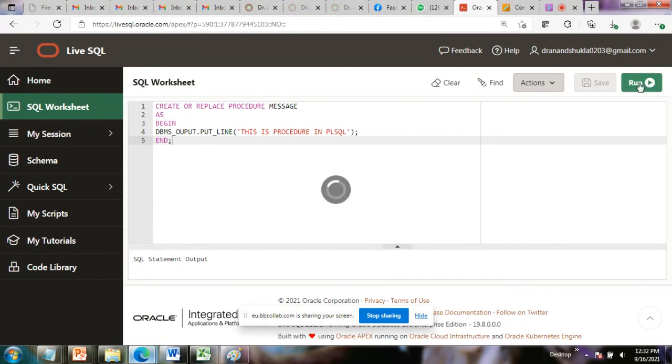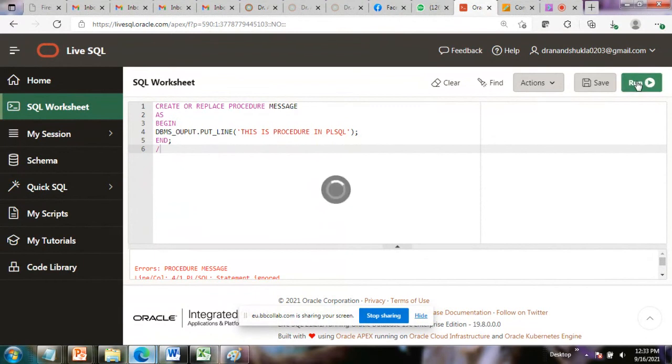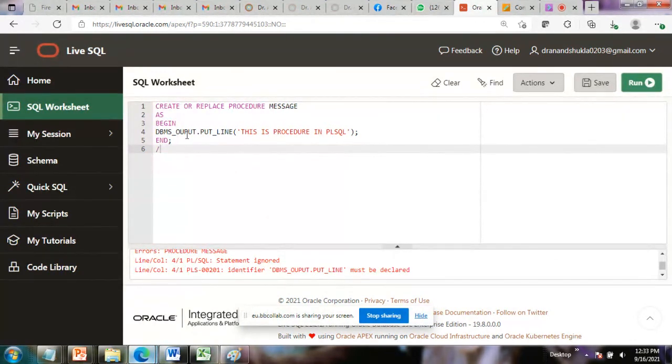When you execute this program, it says it must be declared: dbms output dot put line. Why is it showing the error? The spelling of output was wrong.